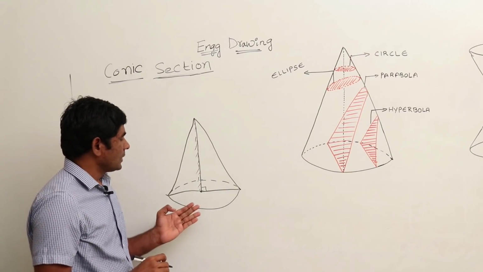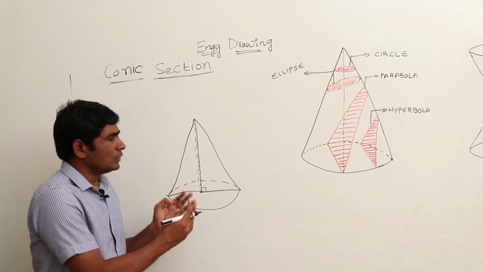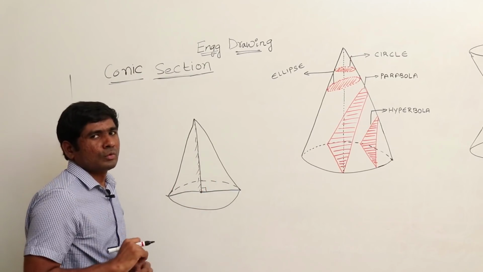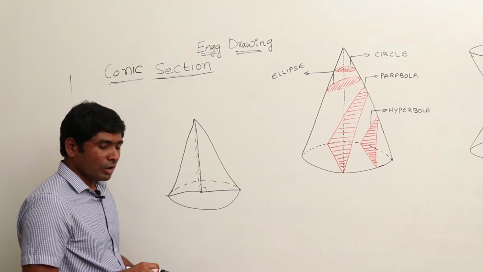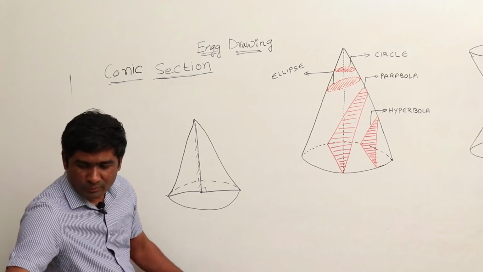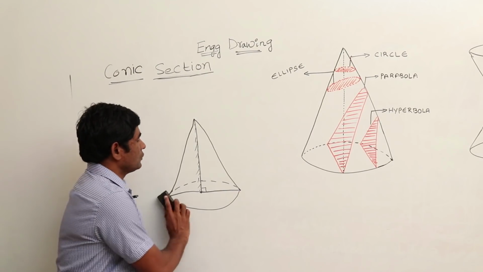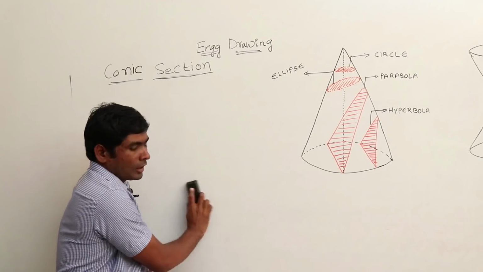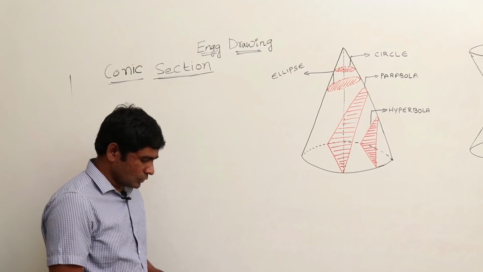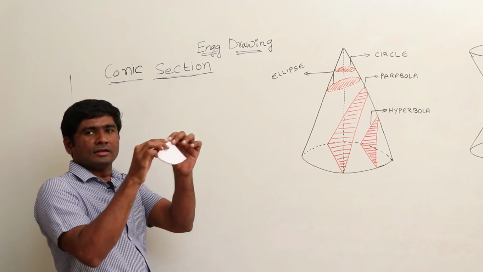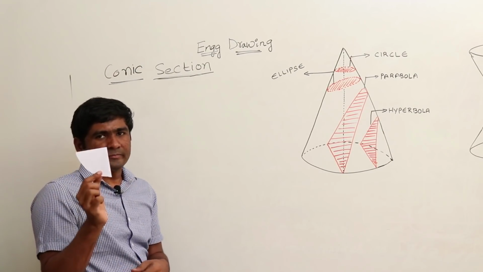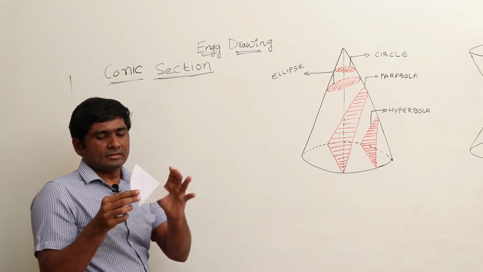And every time it's very difficult to rotate this particular right angle triangle. So what we can do is we can form a cone in another way also. So how to form a cone again? I will take one more thing. So for example, this is a sector of a circle. I have a circle like this.